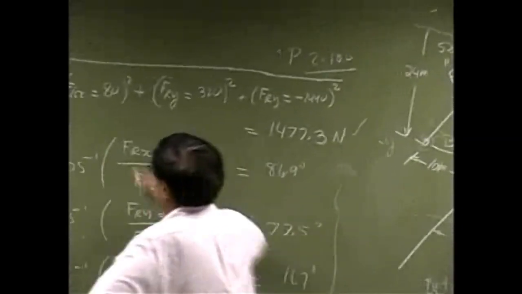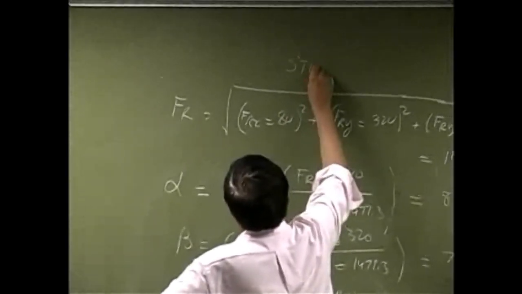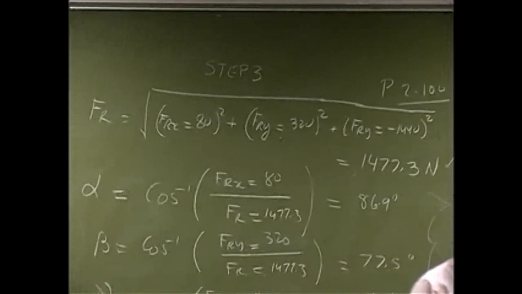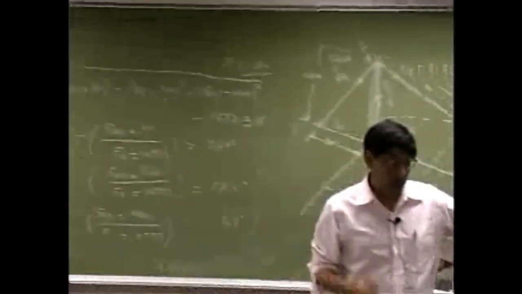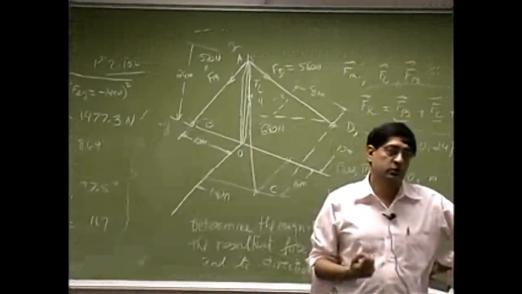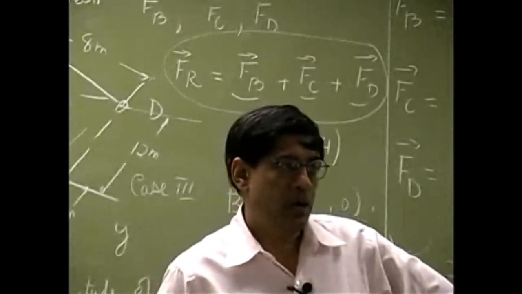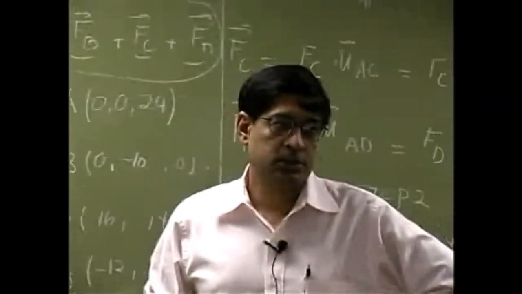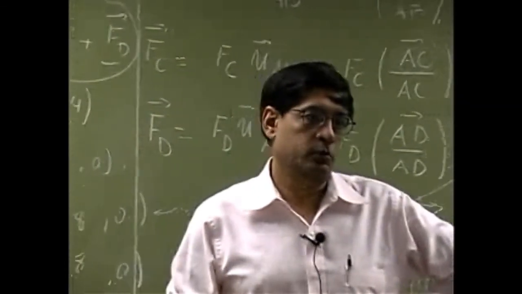Then things which I did here, that all will fall under step 3. So I repeat again that to add forces, whether you have problems in 2 dimensions or you have problems in 3 dimensions, it's always going to be a 3-step process. Whether you work with a plane problem